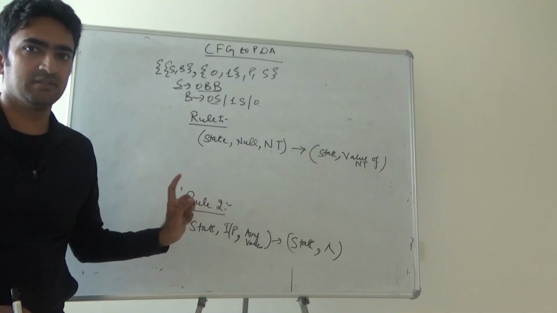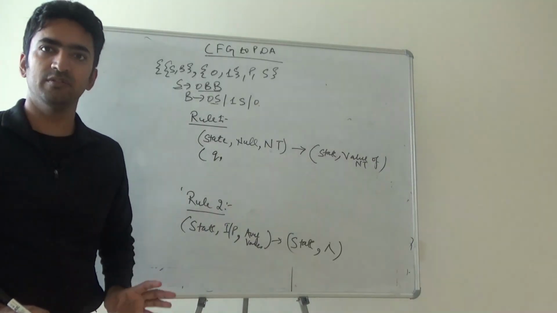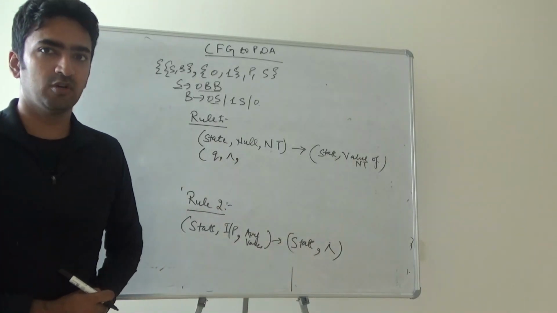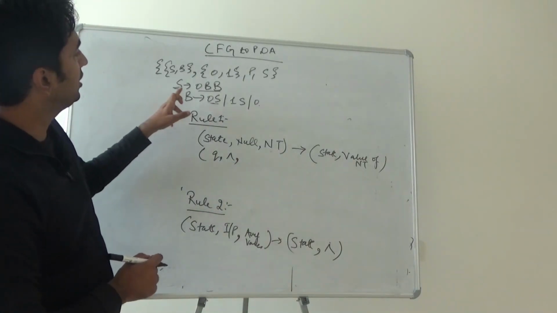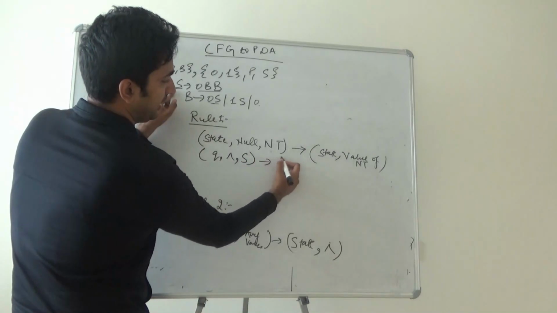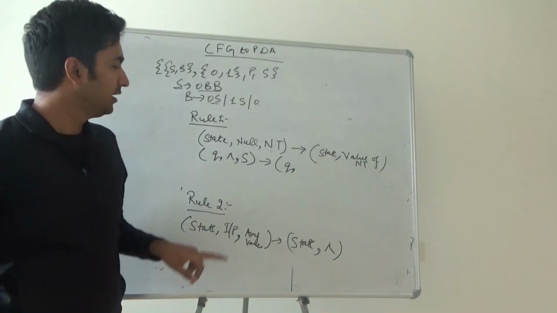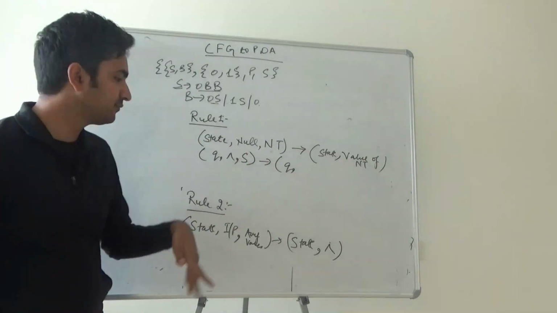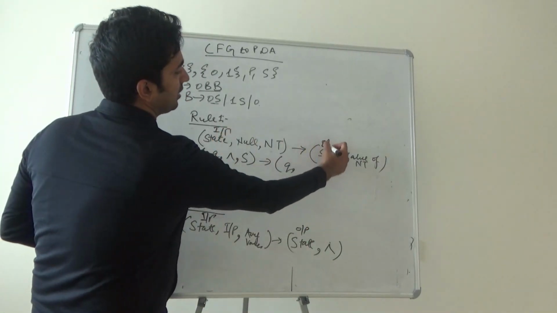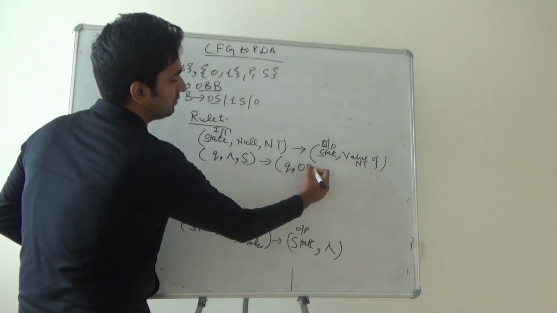So I'll just simply tell you, very simple. State, I am writing it as Q. I don't know which state we are going to start with, so I'm writing basic Q. Null, I'm just writing the null symbol, right? And what are the non-terminals we have? We have two non-terminals, S and B. S has only one value, so I'm writing S. It goes to any state from Q0 to Q1, so I'm just writing Q and Q in that scenario. Q and Q represent input and output state. And what is the value of S? S value is 0BB, simple.